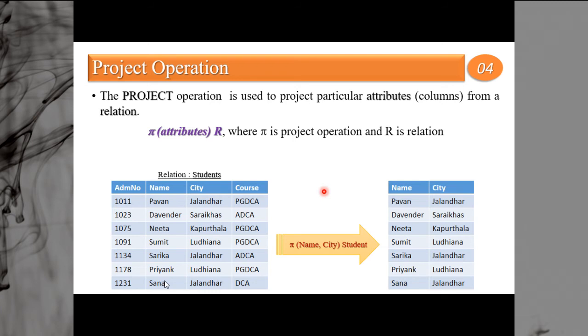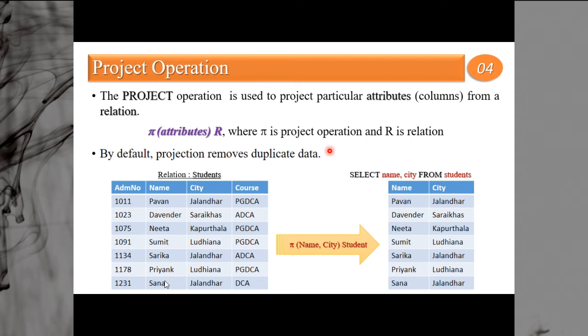And how are we performing this in MySQL? Select name comma city from student. This is your attribute list which you want to project. Most of the time in our MySQL or in our daily life we use a combination of selection and projection. We want to select certain columns and we want to select certain rows, then we will be performing sigma and pi together. So that is a combination of operations we perform usually in our daily life.